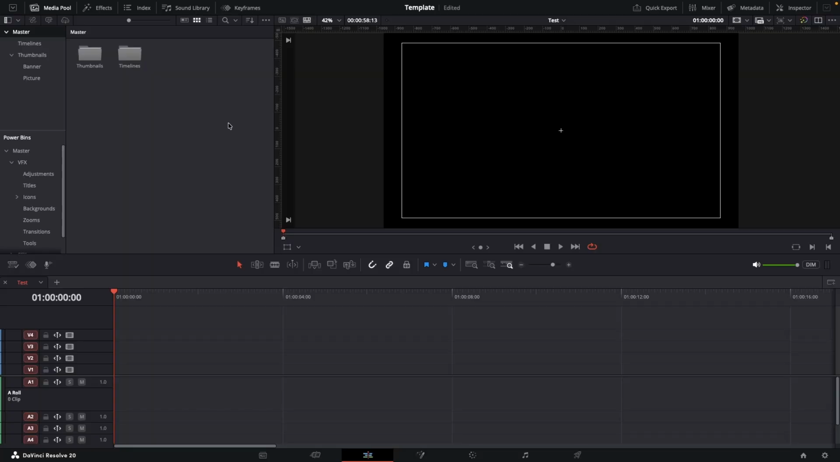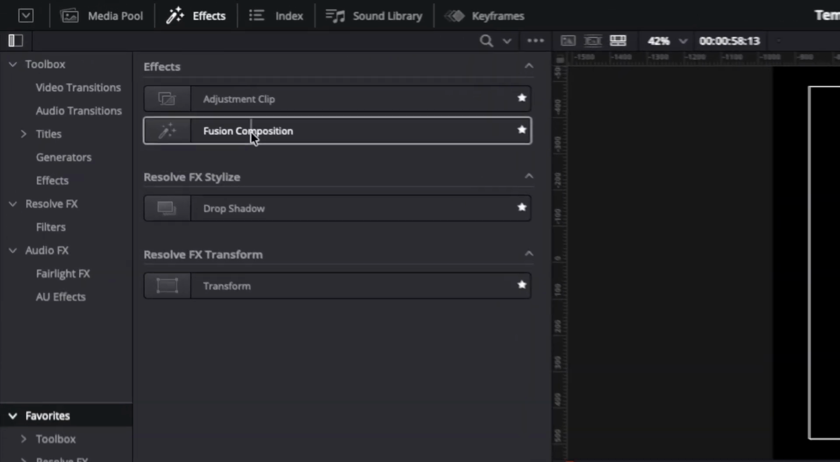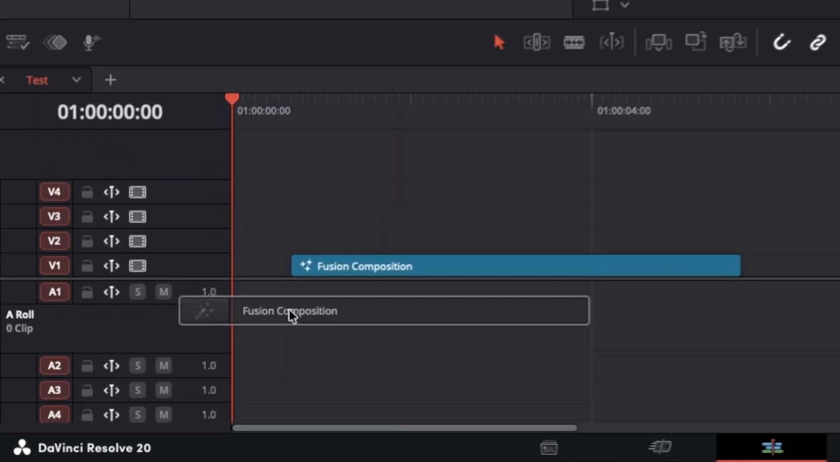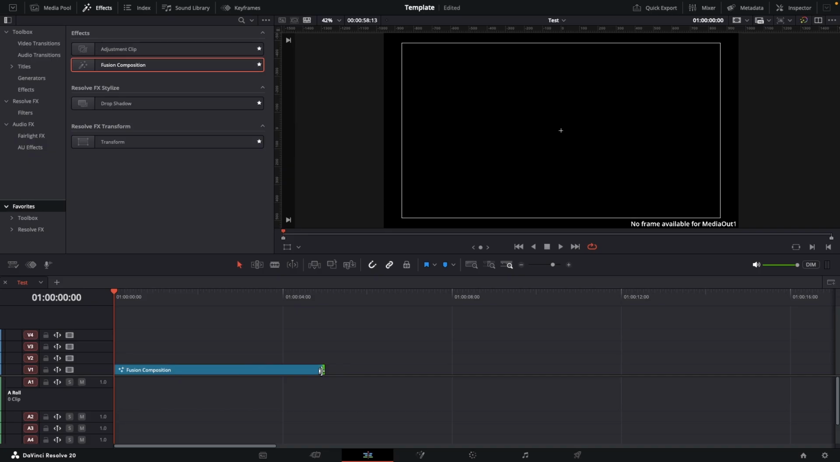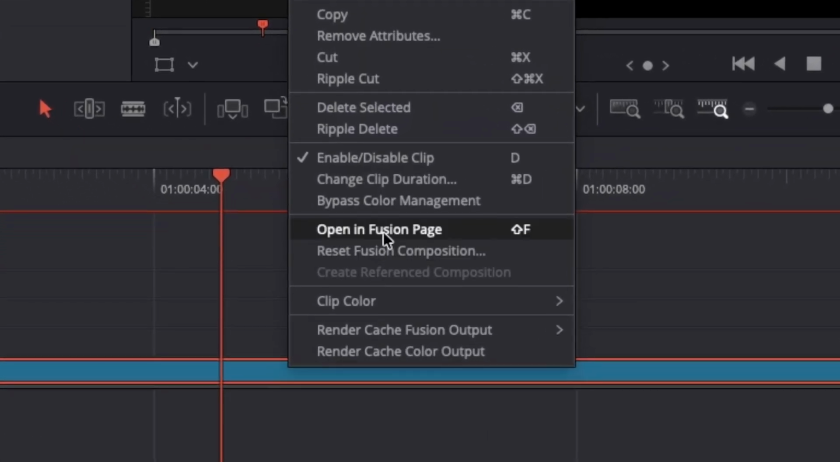Today I will show you how to create this background in DaVinci Resolve. Create a project in DaVinci Resolve, then go to Effects and search for the Fusion composition. Drag it into the timeline. Make the clip a little longer, then go to the Fusion composition, right click and go to Open in Fusion